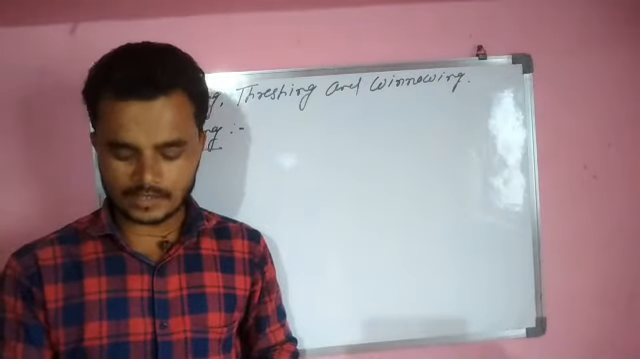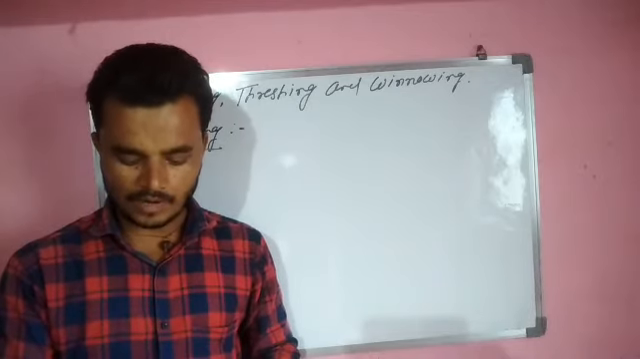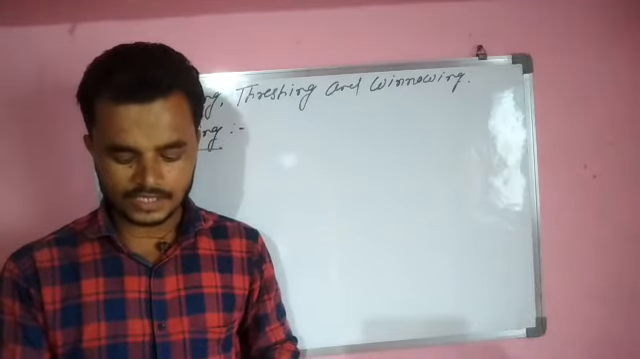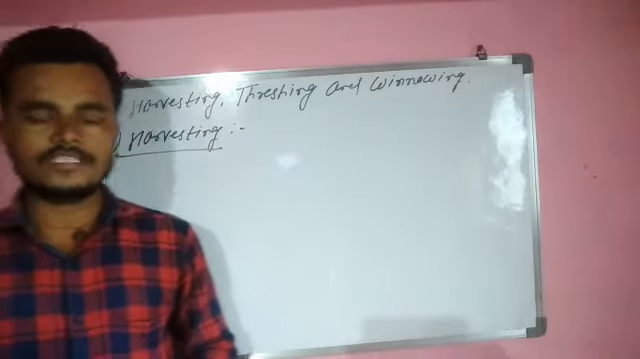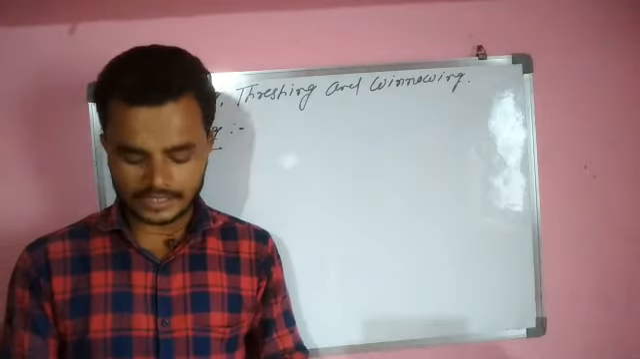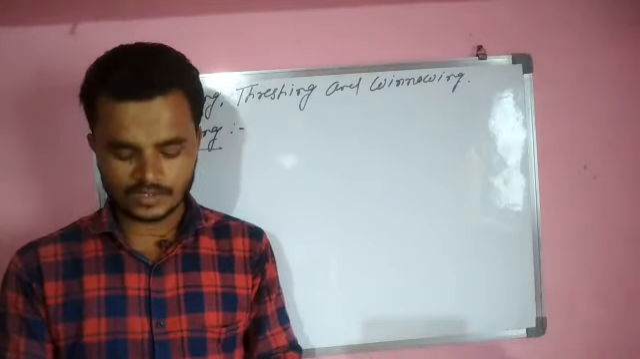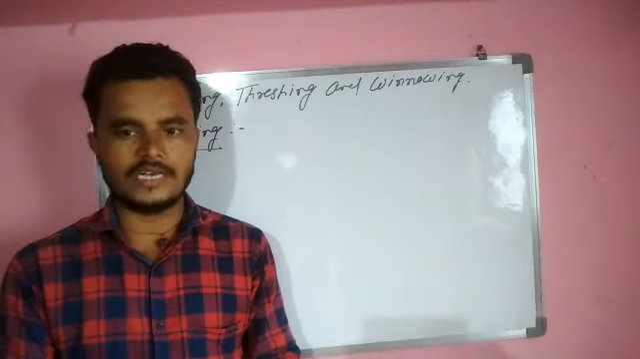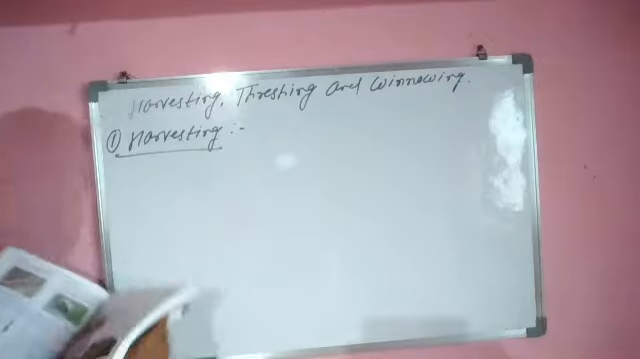For example, rabi crops like wheat are harvested in March and April, and kharif crops like rice are harvested in September and October. Now, see. The process of cutting and gathering of the crops is called harvesting. So, write down the process of